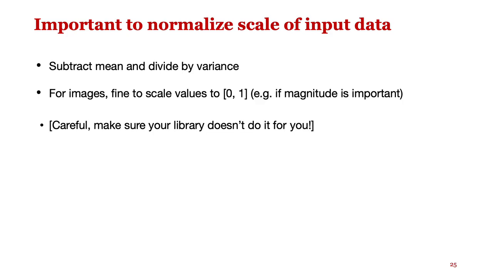It's very important to normalize and scale the input data itself. What this normally means is that you should subtract the mean and divide by the variance. If your input data is just a series of scalar values coming from a vector of measurements, or it could be an image itself, you need to take the mean value of that vector, subtract that mean value, and then divide by the variance. By doing this, you'll end up with something that is zero mean and variance of 1,